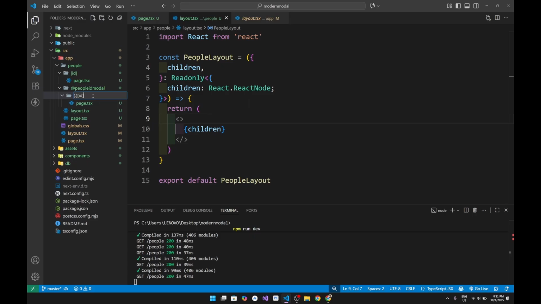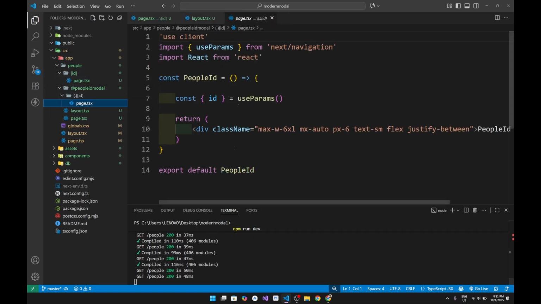It basically tells Next.js this refers to the folder that's one level above, which means this one. So you can see it from there.